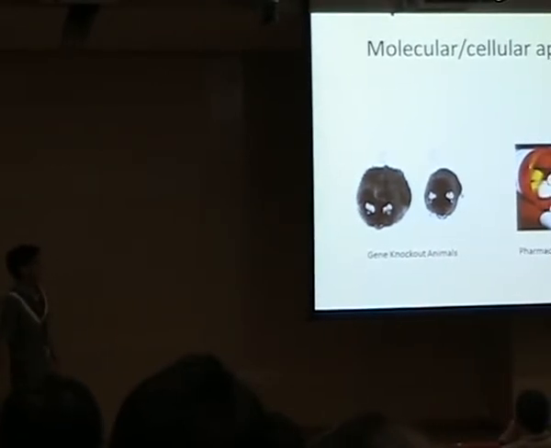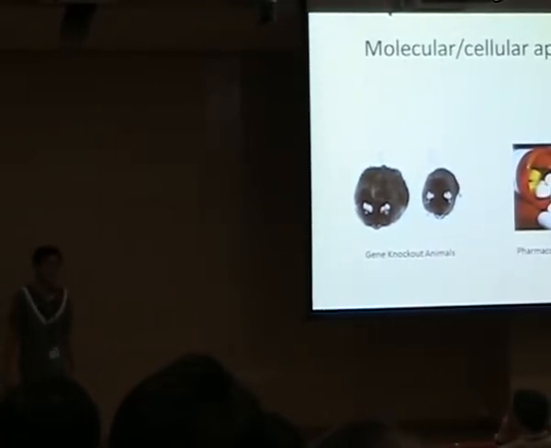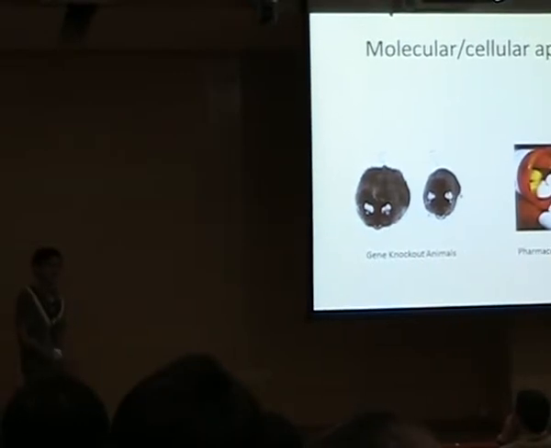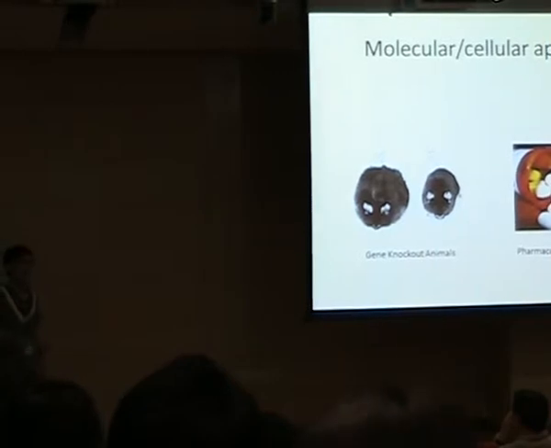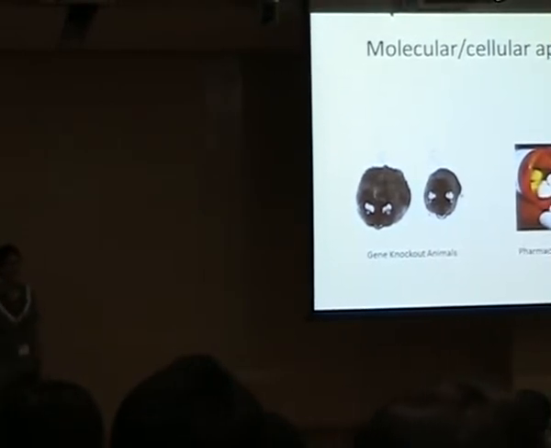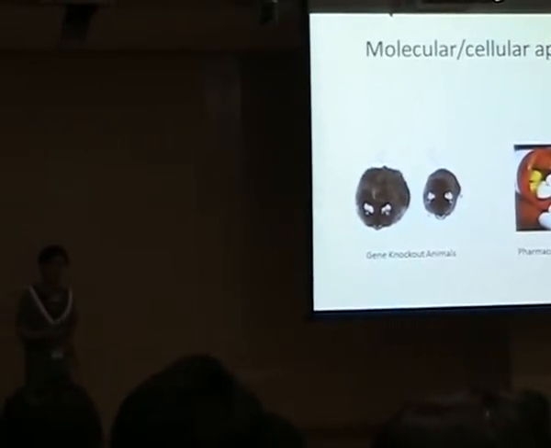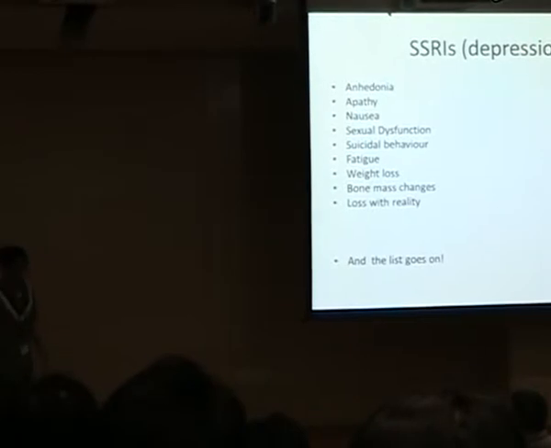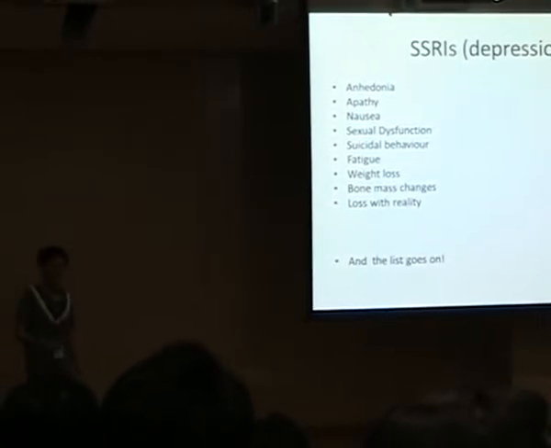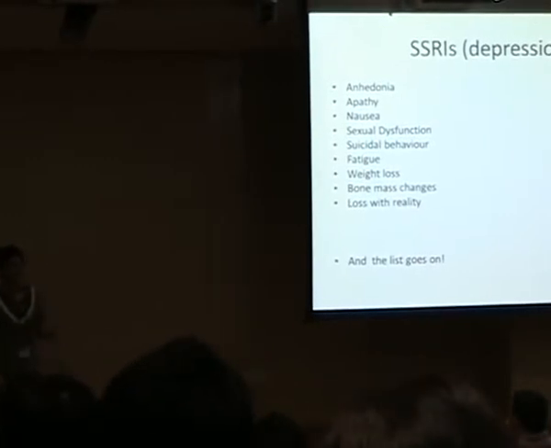One can also do pharmacological interventions. So instead of knocking out a single protein, one can actually use drugs to try and target and block the action of certain of these proteins. And one can actually even do a bit of targeting. But although the gene knockout and the pharmacological approaches have enabled us to understand and elucidate some of the mechanisms behind